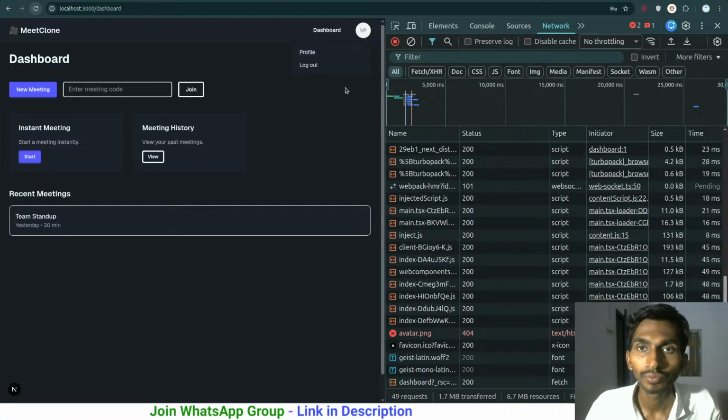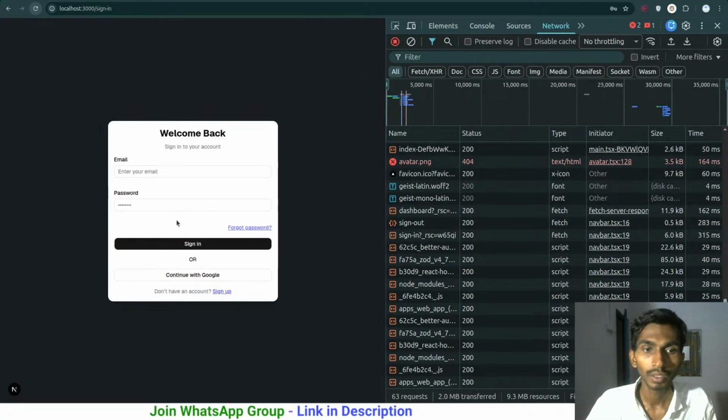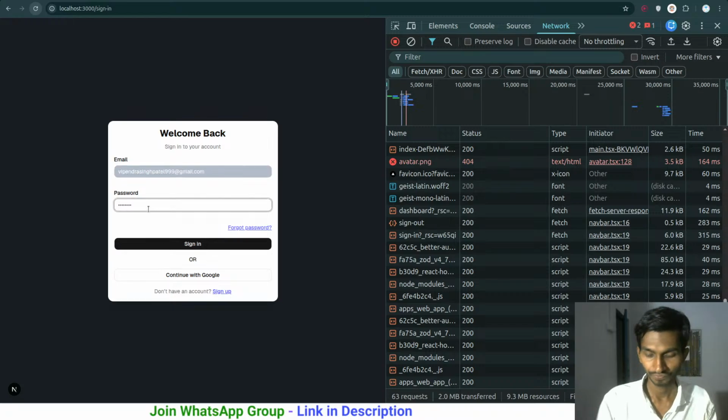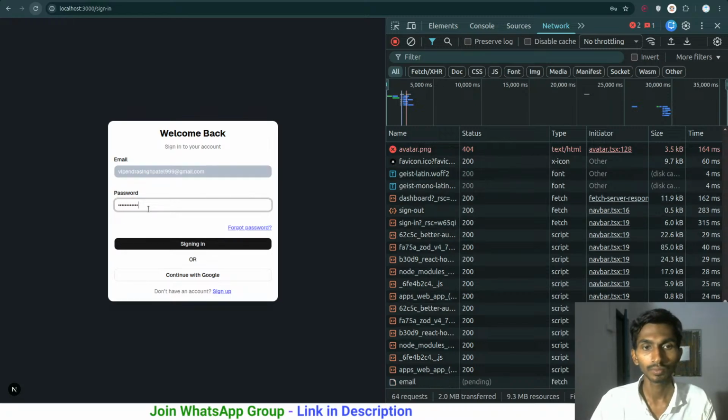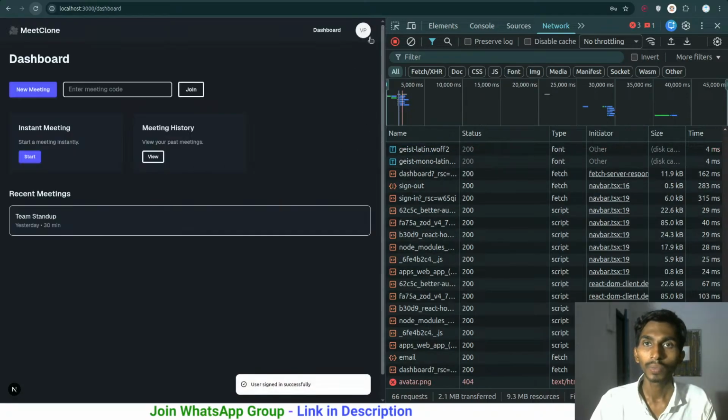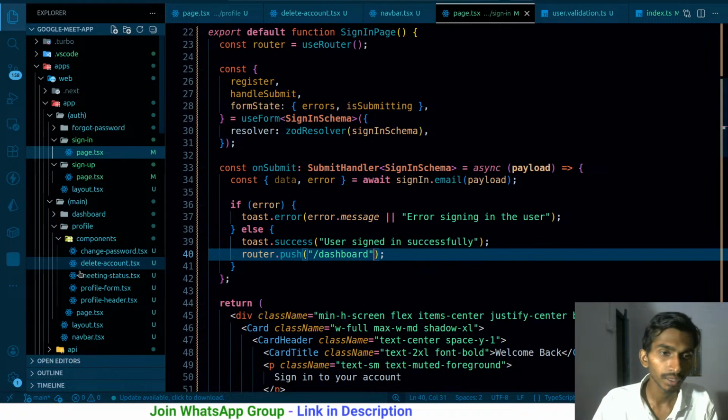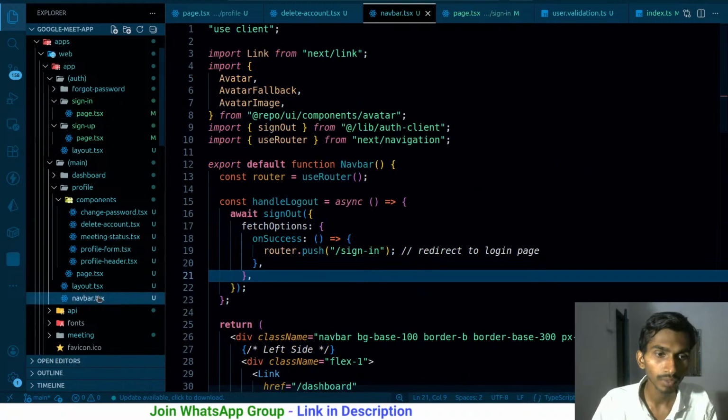I will be signed in automatically. Okay, let me log out. Password 1234, sign in again. I'm here, and let me change this profile, the navbar profile. That doesn't look any good at all. So if I go to the navbar,